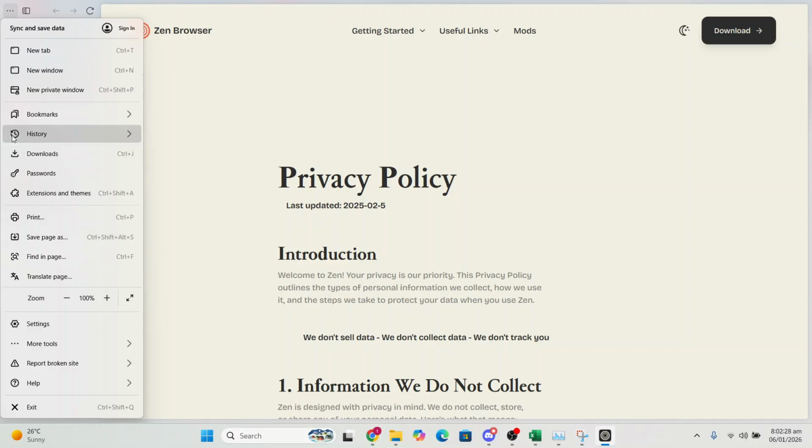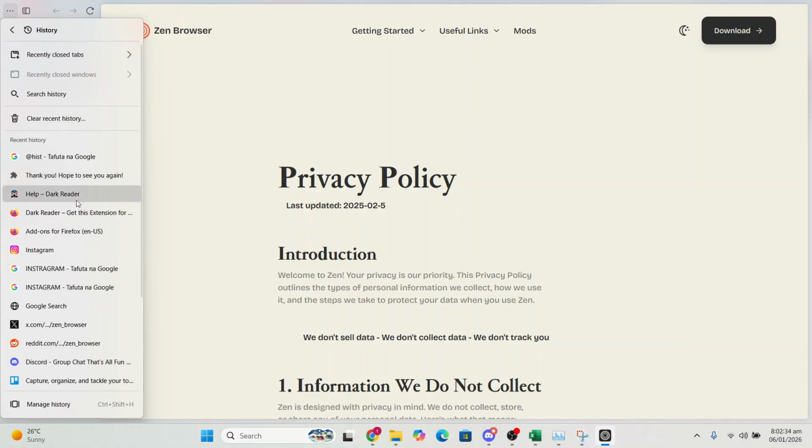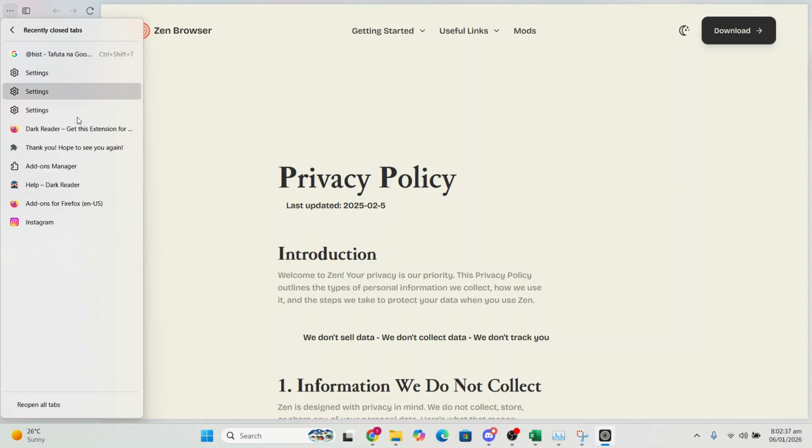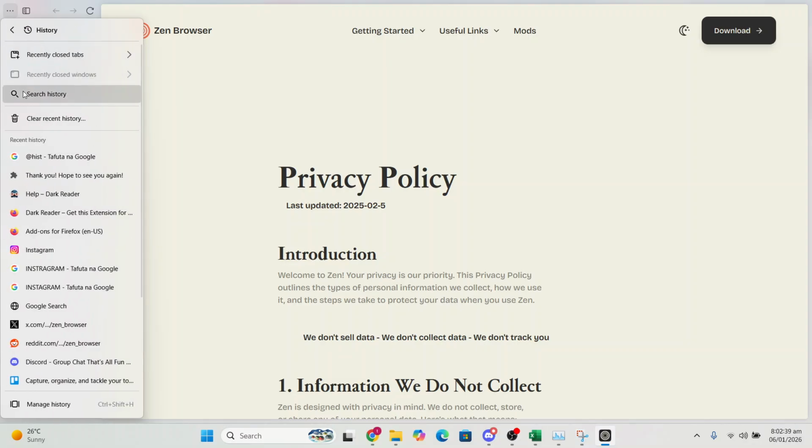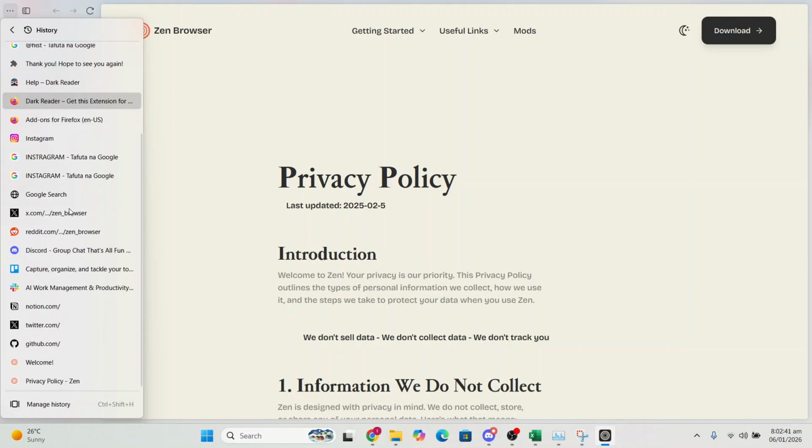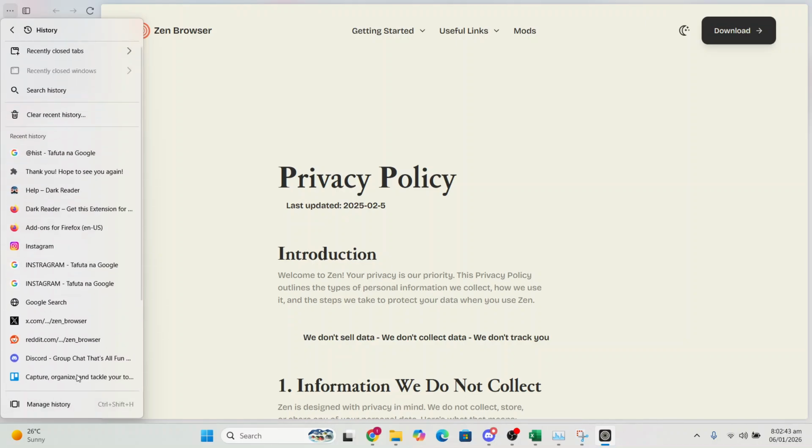and then here you'll actually see history. So I want you to just click on this history right here. It will open up more options, and you can see the recently closed tabs here. You can also go ahead and see all of your recent history, and if you want you can click here